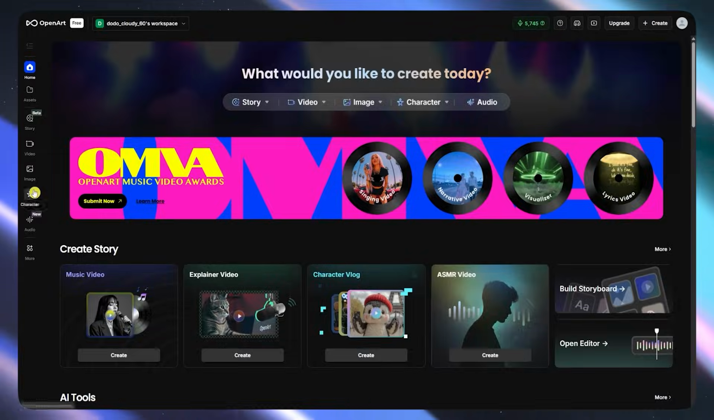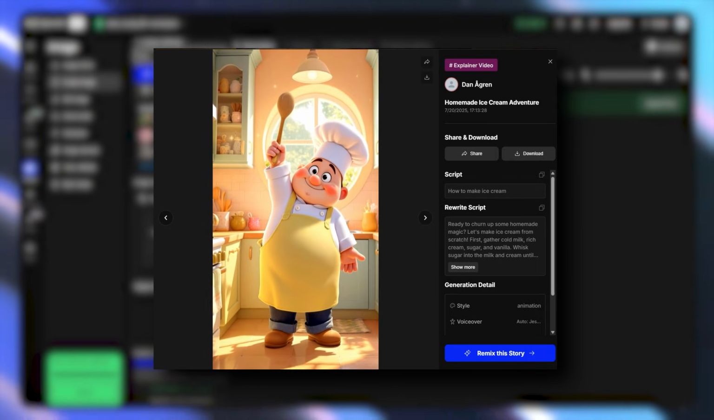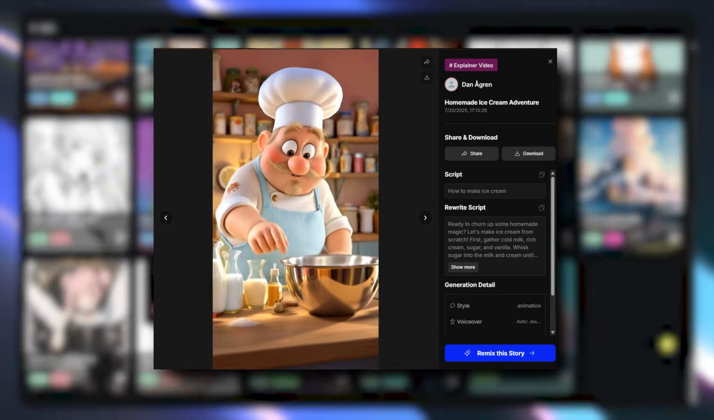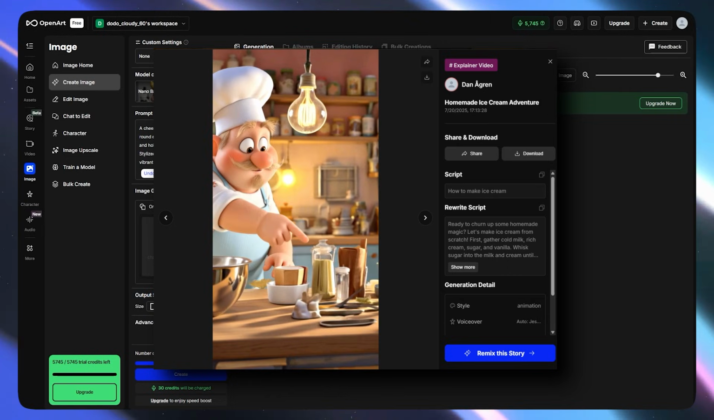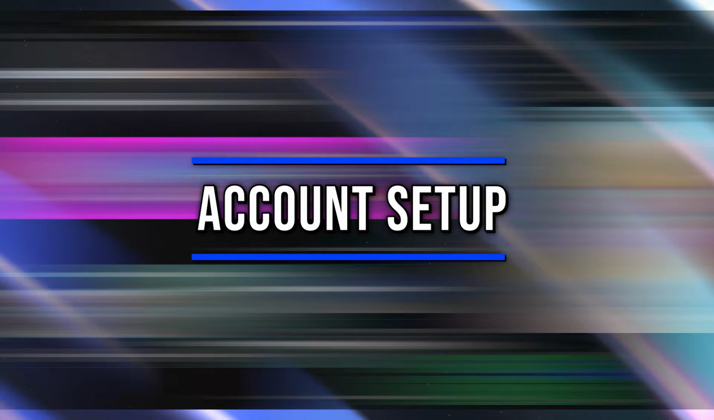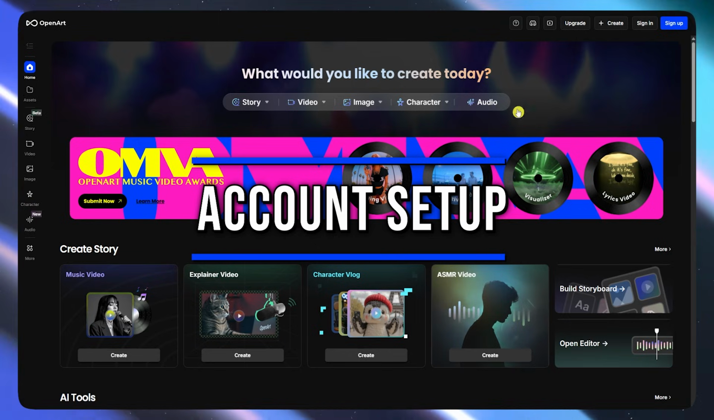And finally, we will wrap up with the story feature showing how to create rich multi-scene narratives using your images, characters, and voiceovers. All right, so first thing that we need to do is to set up our account here